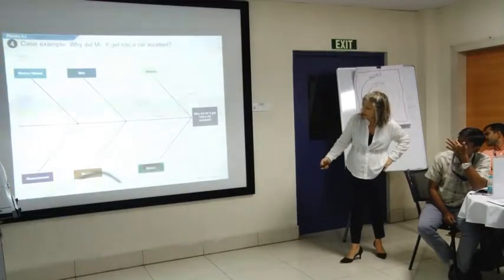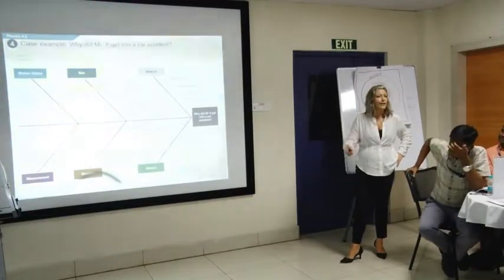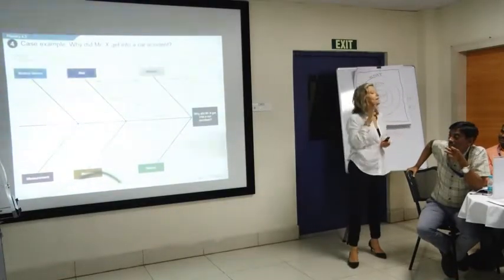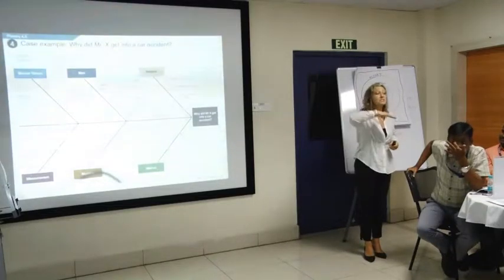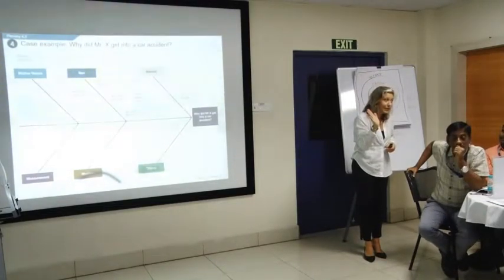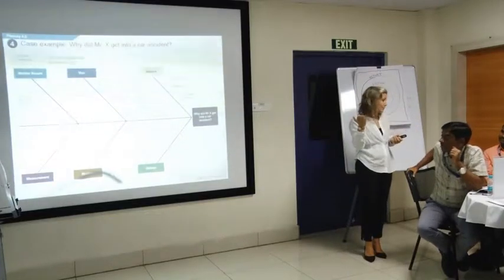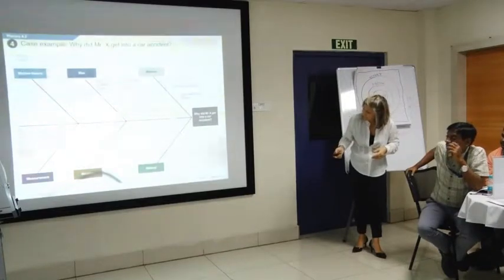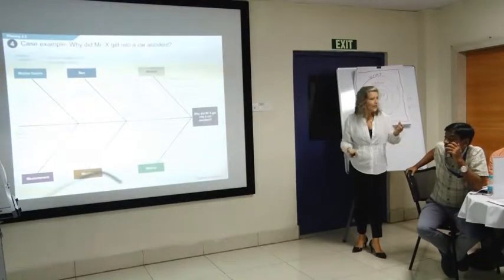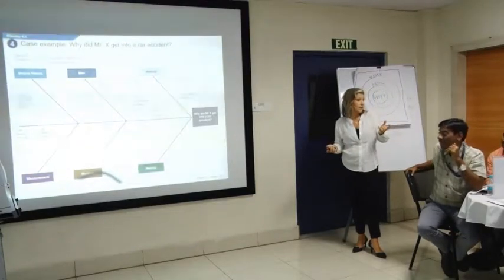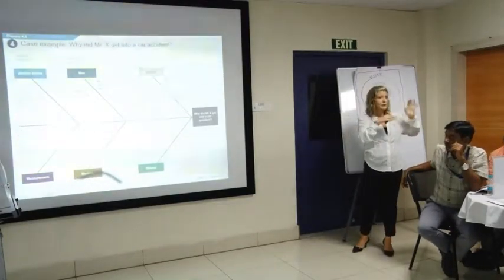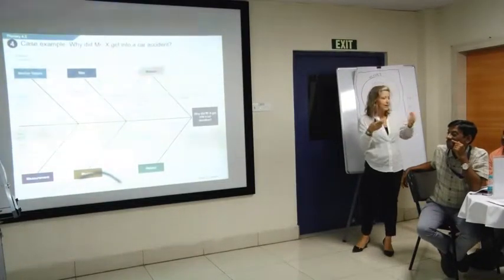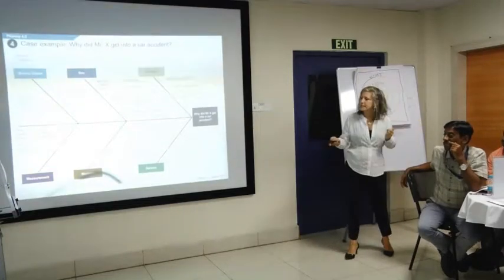Okay? Now, measurement. Somebody said speed? Yeah. Maybe he was going too fast, but maybe he didn't know he was going too fast because his speedometer wasn't working correctly. He thought he was doing the speed limit, but it wasn't working correctly. Right? Maybe he didn't have enough tire pressure. Some cars will tell you if the tire pressure is not right. And if it wasn't measuring properly, he thought he had proper tire pressure, but he didn't.